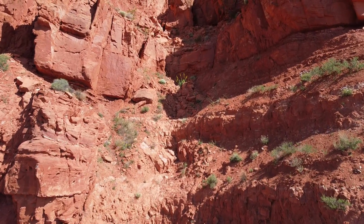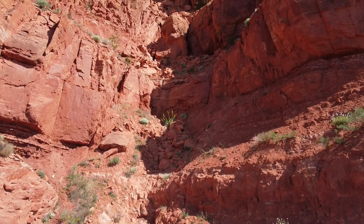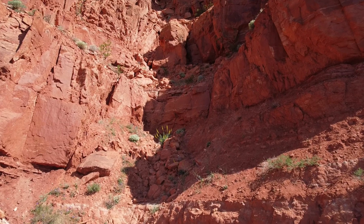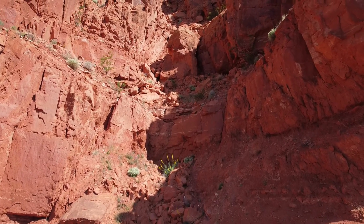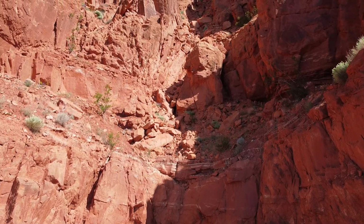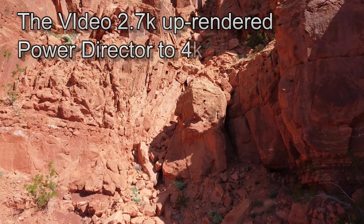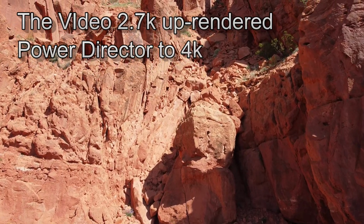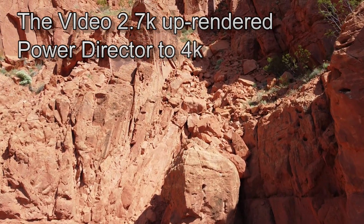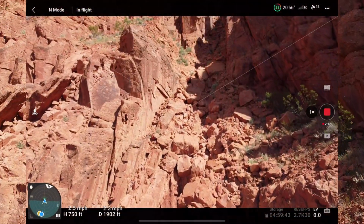I'm going to try to raise my gimbal above. That's my problem here, is looking up, and this is where the Mini 3 can be a better choice. This does not have obstacle avoidance. That's another thing that you have to take into consideration. So hugging the terrain is a little bit tougher with this one. I have to go by sight,